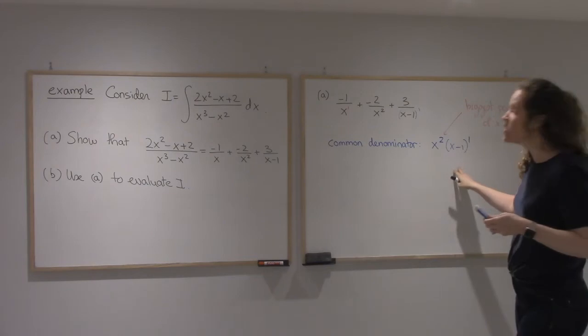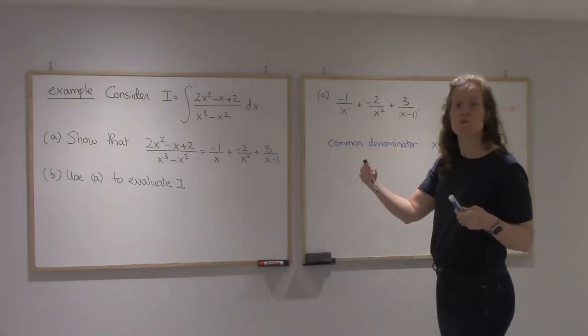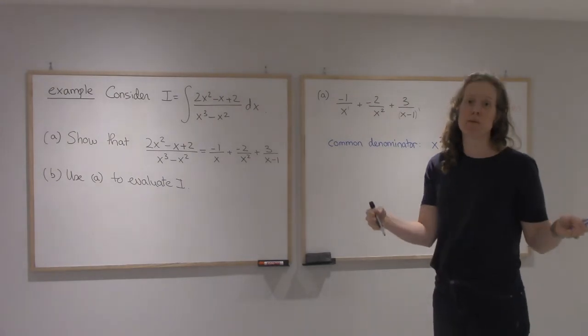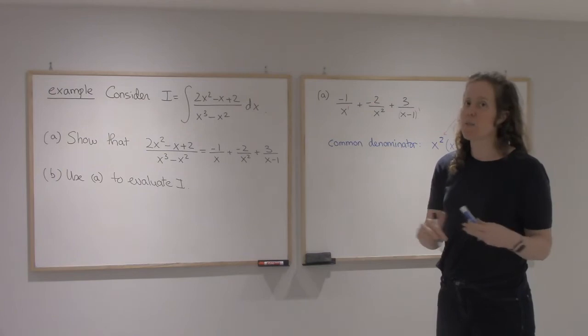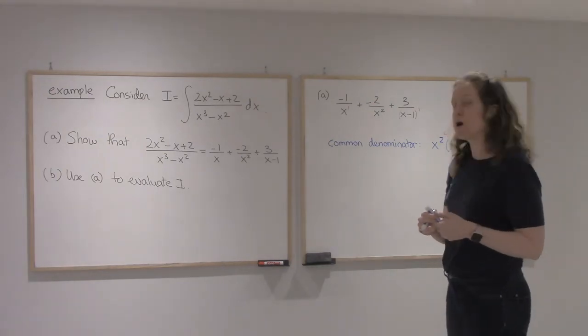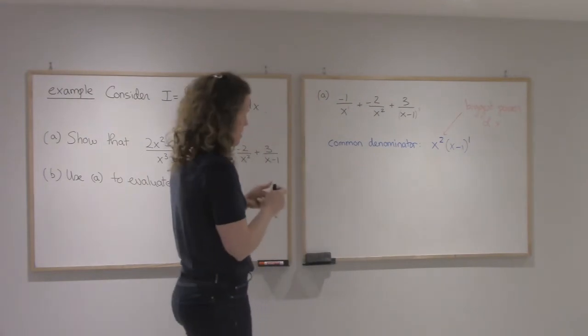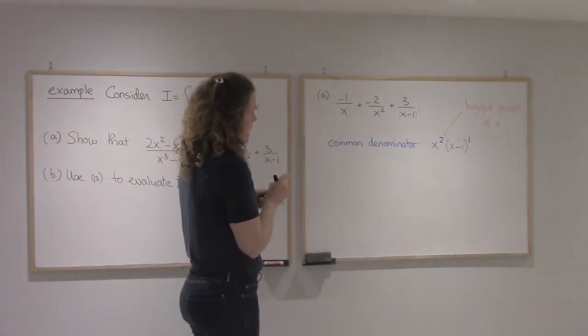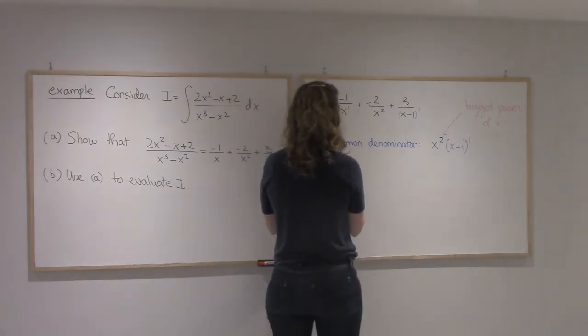Notice that this is not quite the product. If I took the product, I'd end up with x cubed. And that's a common denominator, but it's not the smallest one. And if you take x cubed, you'll end up having more work, and you'll complicate your life. So in this case, it's important to take the smallest one. All right, x squared times x minus 1. So if I start again,